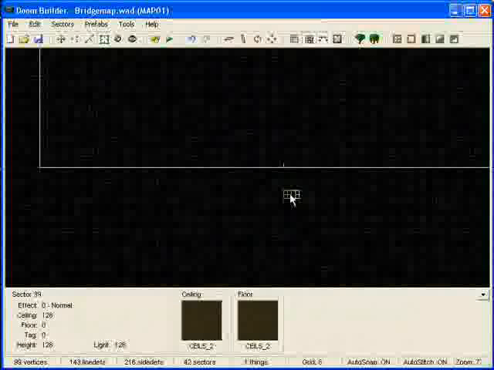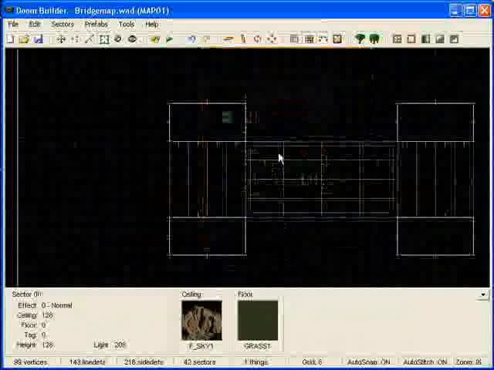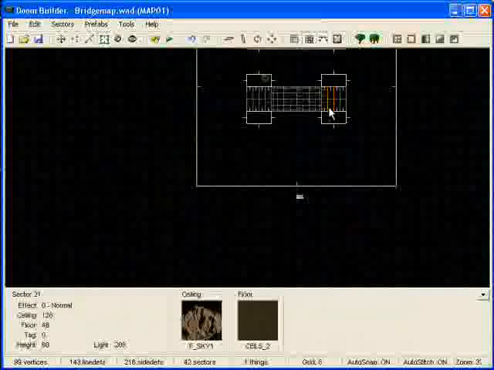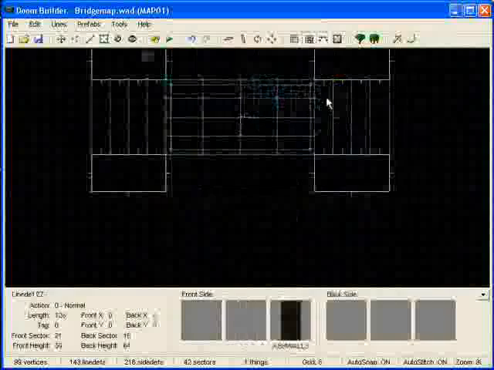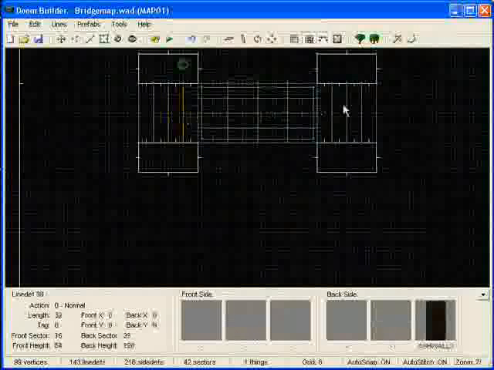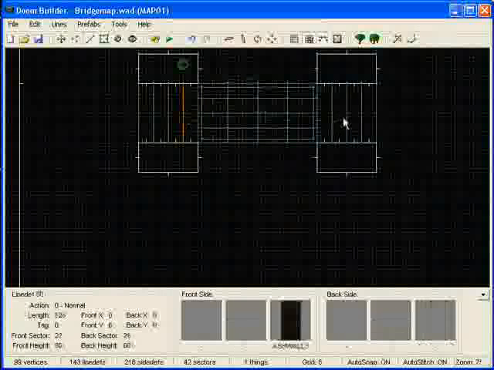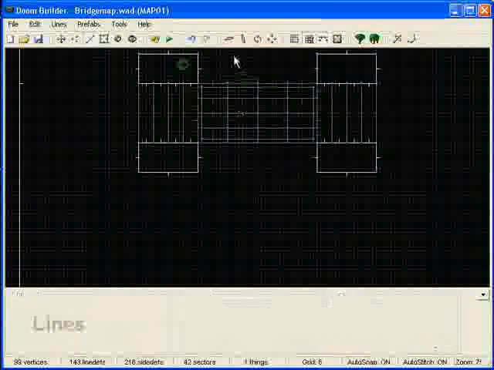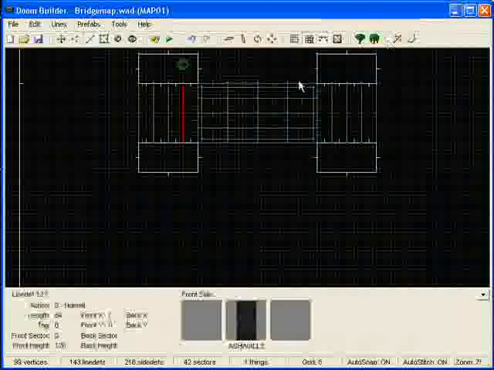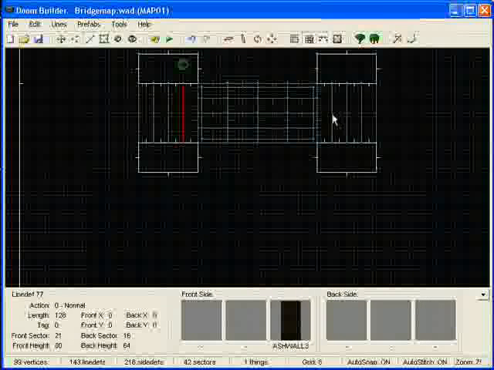Okay, that's right there. And then this is where the mechanics of the bridge basically come in. Basically, we want to make it where if we go over this top, it will raise the bridge up to 64 units, but when we go over the bottom, it'll raise it back down to 0. So we'll flip these to this line def right here, because when you walk over it, it basically activates like that. So we'll select these two line defs first,